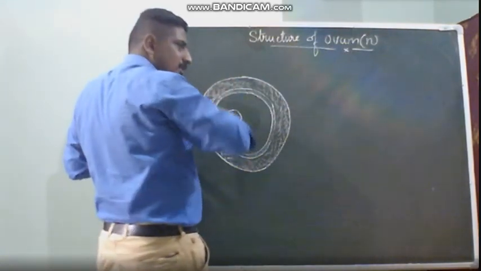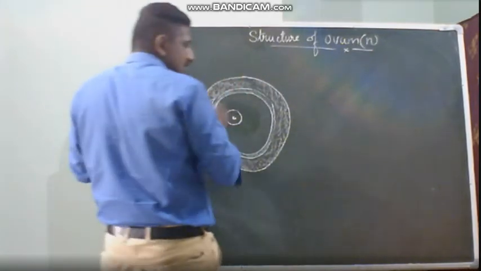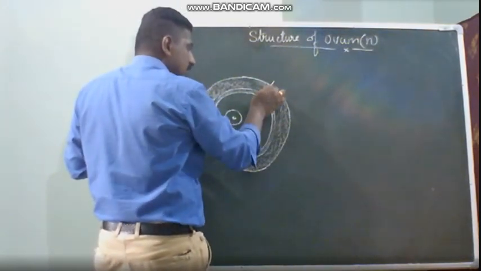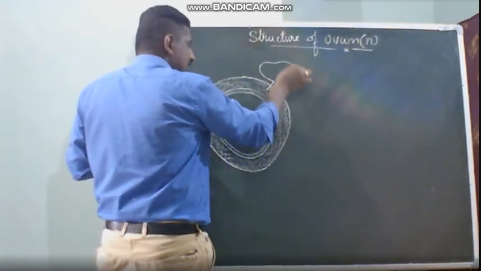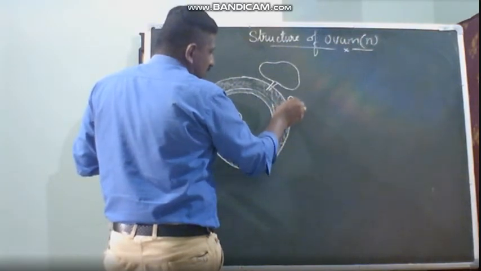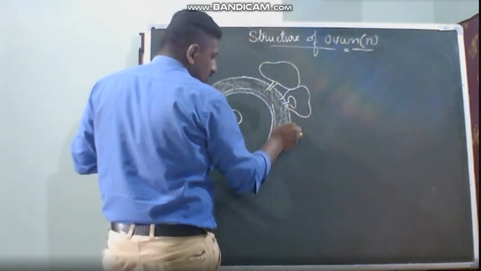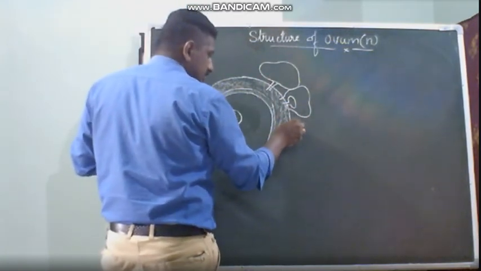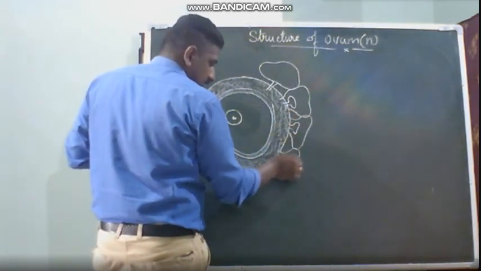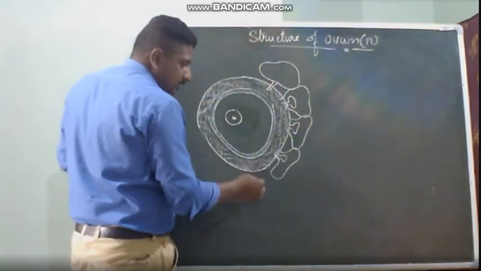Above this, we have some secondary membrane derived from the follicular cells, and these are called corona radiata. How to draw corona radiata: draw double spikes like this and extend the cell like this. There are a lot of ways people draw. Draw a small one, on the small one draw a bigger one, then draw a small one again. Such that the spikes are going to enter into the zona pellucida.